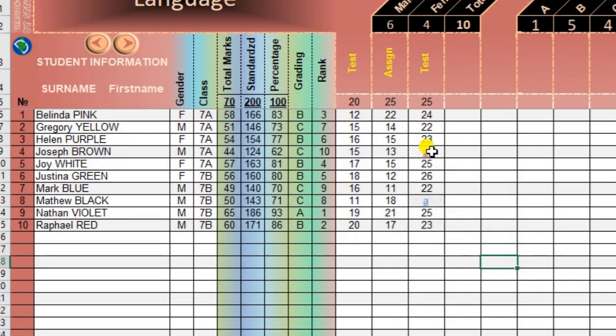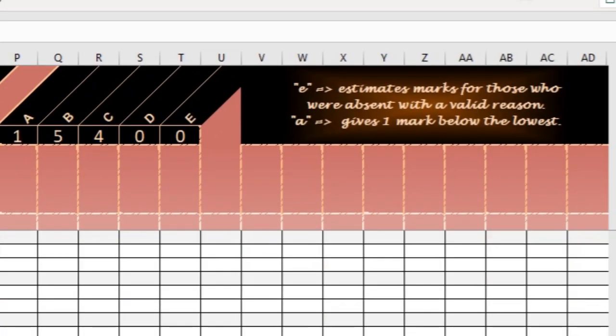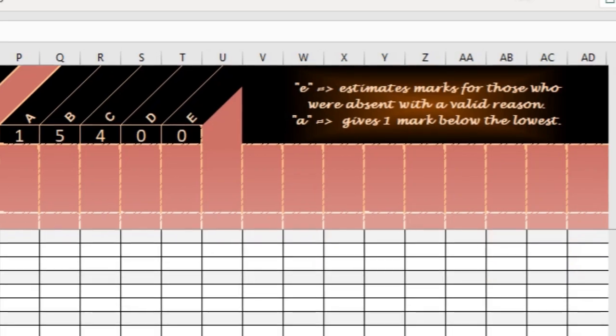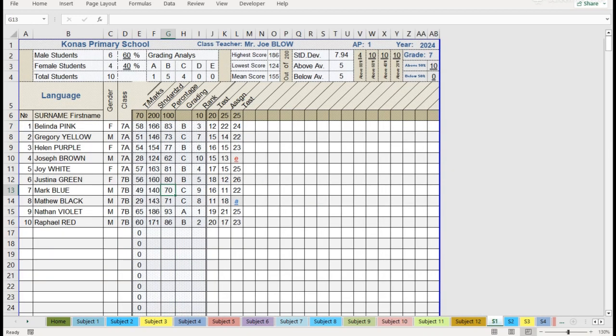With this updated program, you can estimate the marks of a student who missed an assessment with a valid reason by entering E, or without a valid reason by entering A. E estimates the marks by referring to his or her marks, and A gives a student 1 mark below the lowest. When you are done entering the marks, move on to S1 to S12, that is where you print out